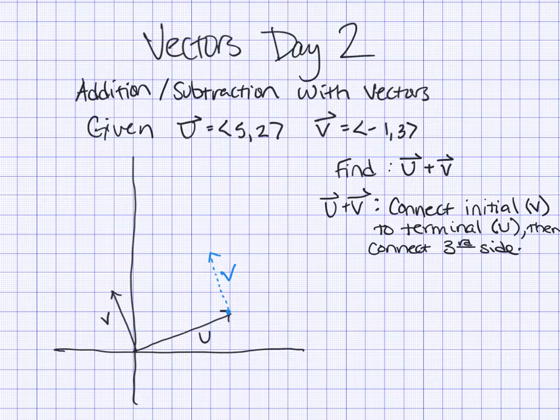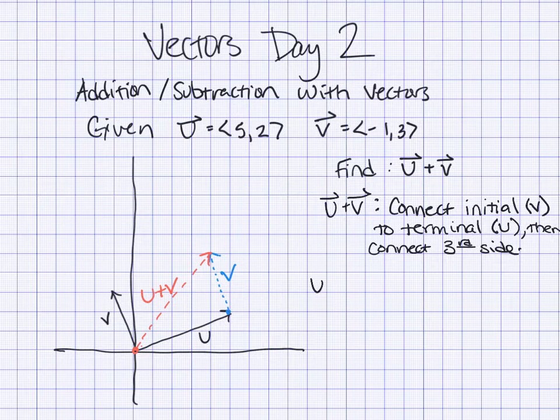And then when it says connect the third side, means I'm going to start here at my initial point of u and connect that to my terminal point of v. So this red vector right here, this is the vector of u plus v. So that's all you do. So you're just moving it along, moving it to the side. But if I was to do this algebraically,